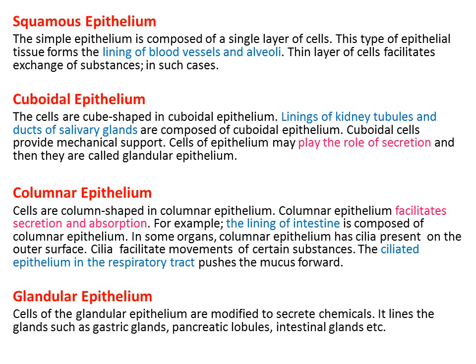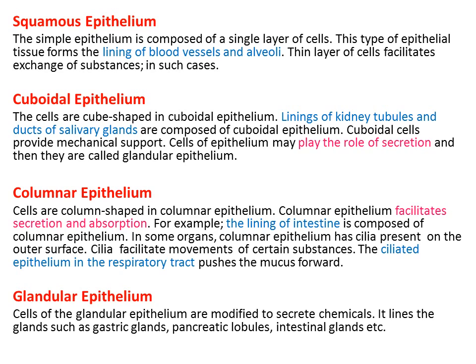Sometimes these columnar epithelial cells bear cilia on their free surfaces. These cilia help in movement. They are mainly present in the linings of urinary tubules of the kidney, sperm ducts, and also the linings of the nasal passage and oviducts. The main function of the ciliated epithelium is the movement of mucus, urine, eggs, sperms, etc.